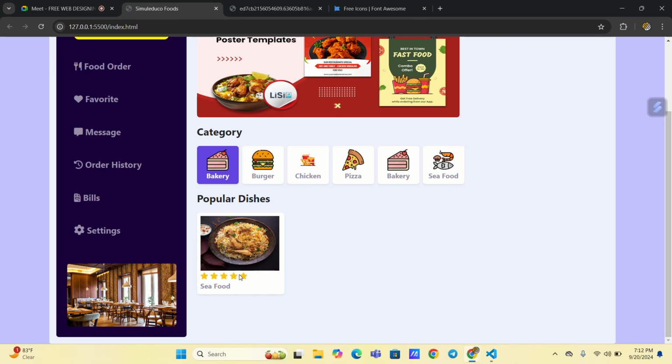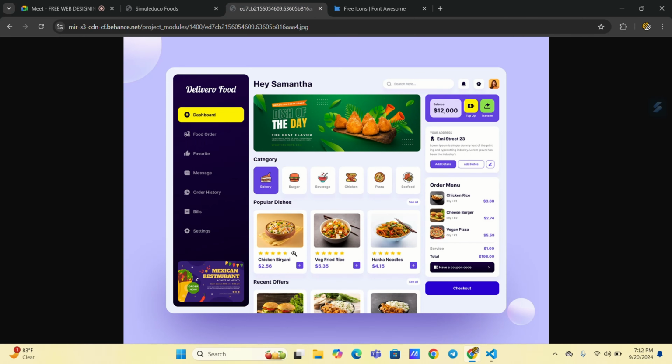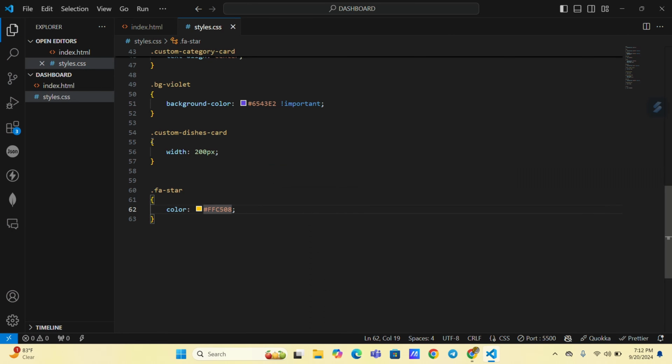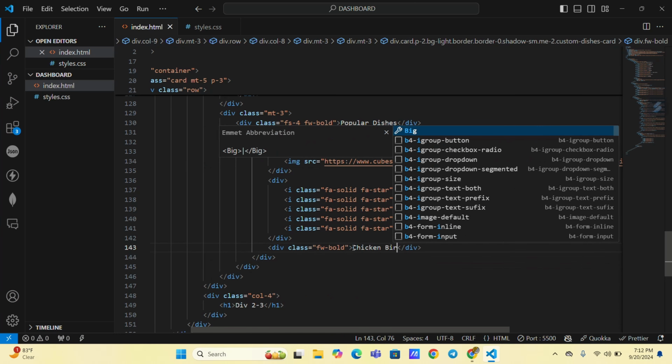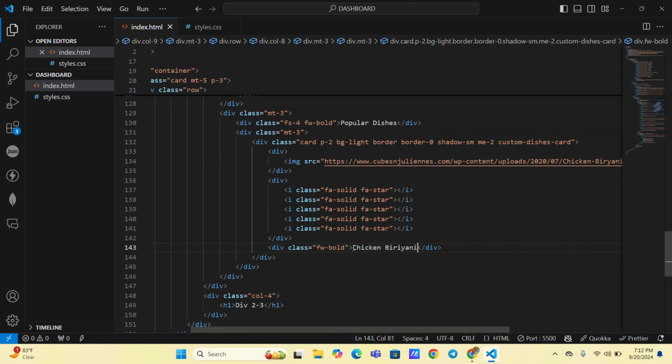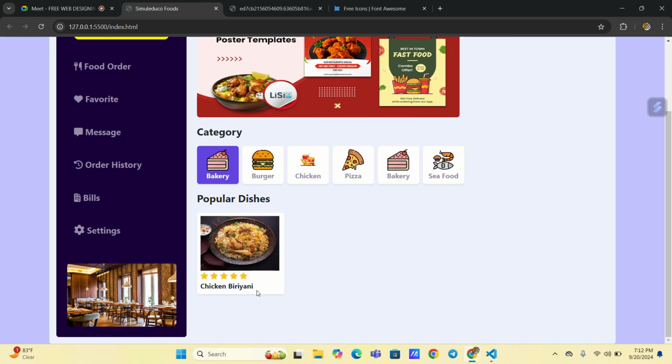Okay, now you have this 5 stars, and what is that? Chicken biryani, right? Chicken biryani text, which is black color only. So here the text is showing gray because of this text gray. So we'll remove this text gray and apply chicken biryani here, chicken biryani, and see this. Okay,